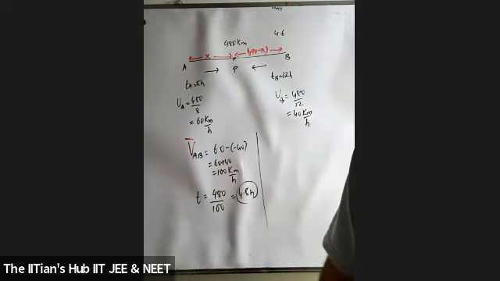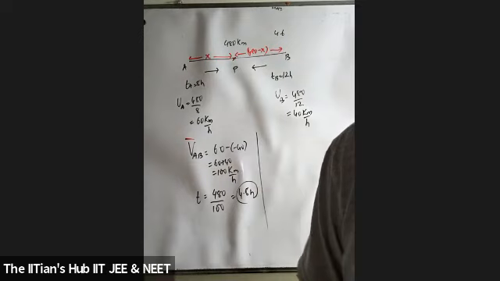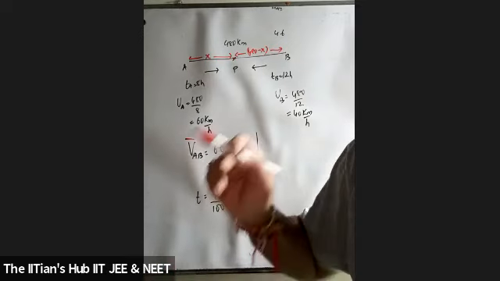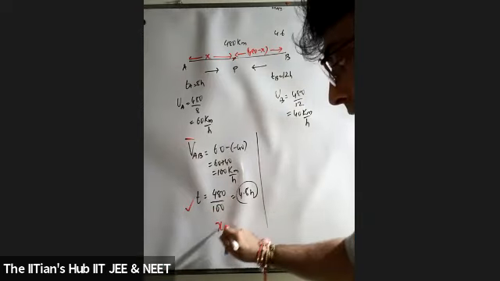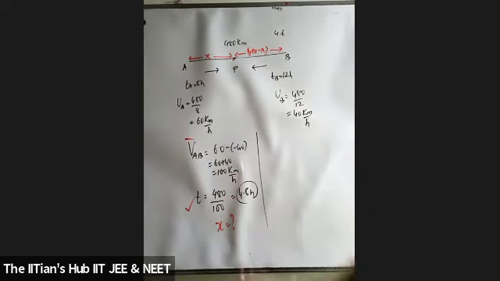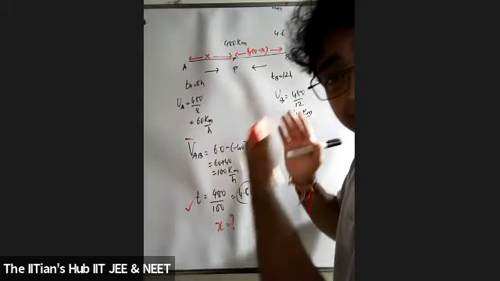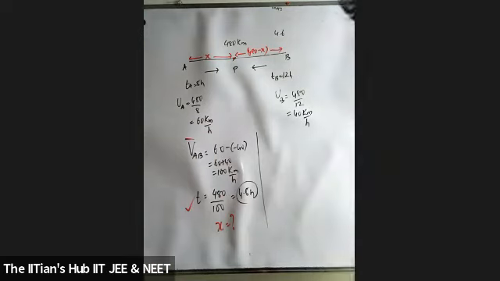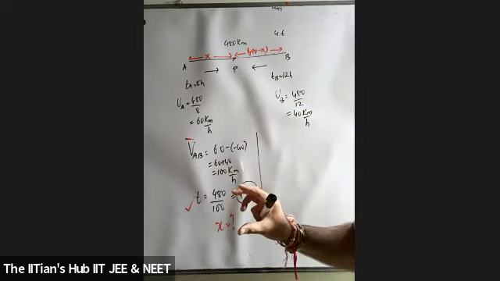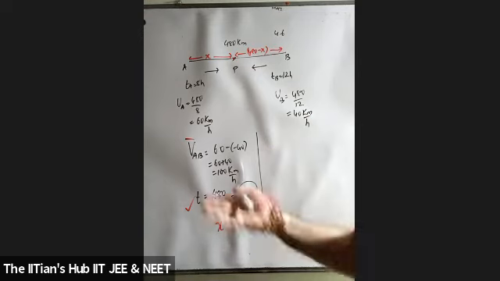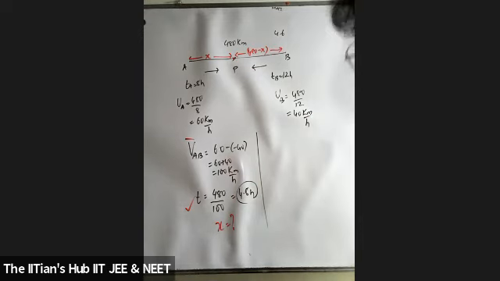What was the question, students? The question, when you look over here, is asking you to determine when and where the buses will meet. When, that we have found, and where, x is asked. So now, if I say the time taken for both to reach a particular position is 4.8, students, this is horizontal motion, exactly identical to what we did for the vertical part. When and where they meet. If you remember, I took exactly such values, x and 480 minus x. And at that instant they are going to meet, using the formula s is equal to ut plus half at square. What will you do here?